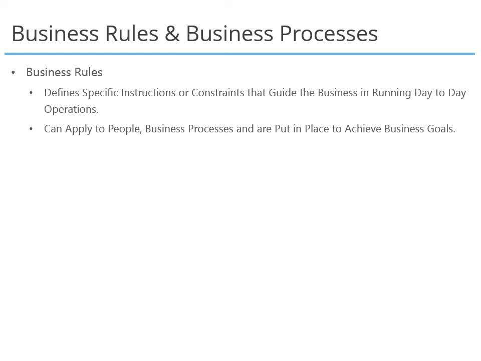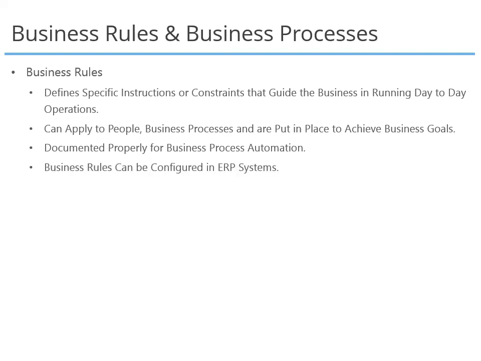Or, all customer returns need to be approved by the sales manager. It is recommended that all the business rules are well documented. If the organization runs an ERP system, it needs to be configured properly for achieving its business goals. It is also recommended that any change in the business rules needs to be approved and proper audit control needs to be maintained in the system.